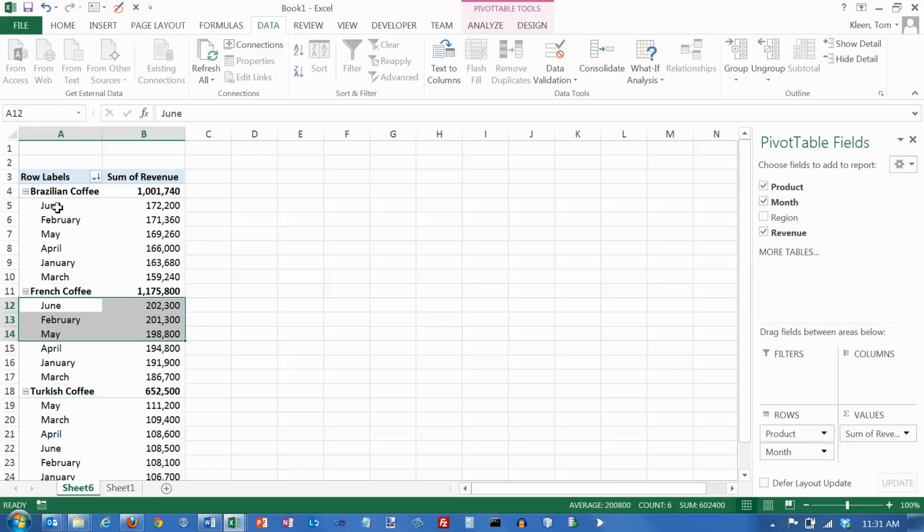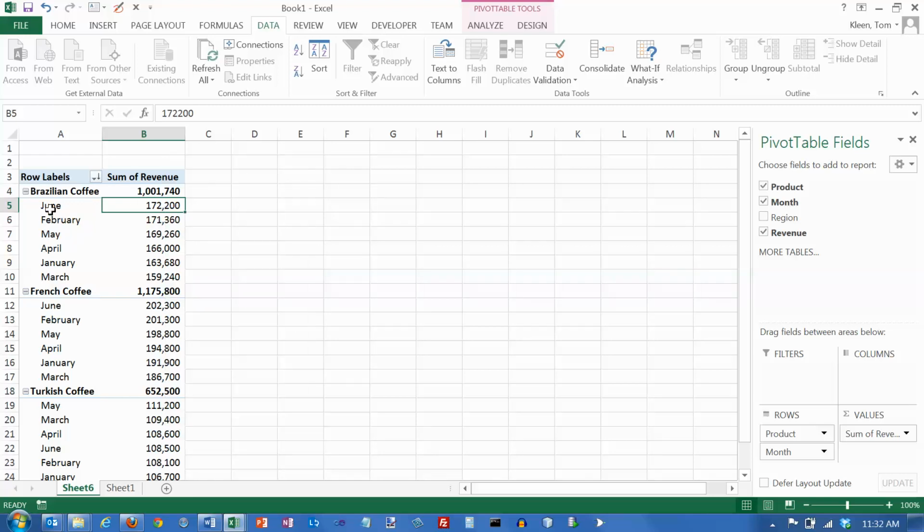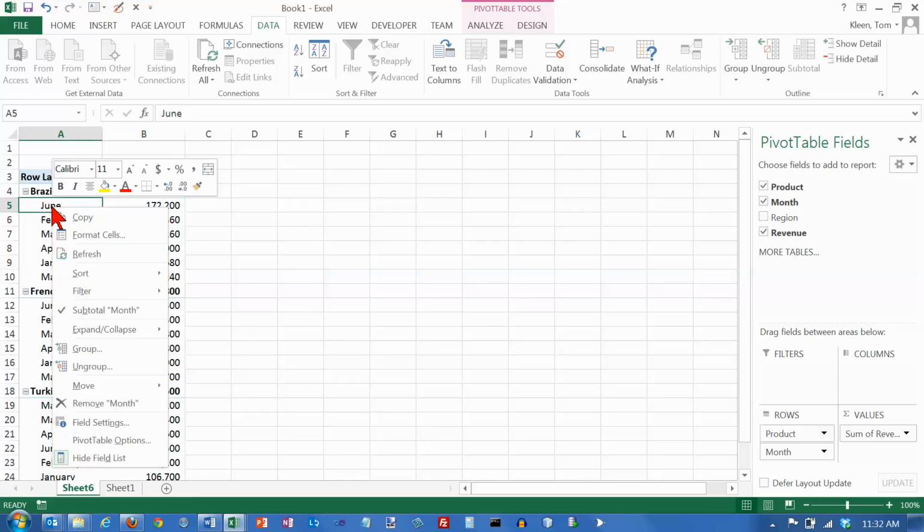but I don't want to see the other ones. So this particular command in Excel is a little counterintuitive, I think. If I want to see the top three values in this column, you'd think you would start in this column. But if I right click on one of these numbers, you don't see any options here for filtering. So let's go over here and right click on the month, and there it is. There's our filter option. And we're going to do top 10,